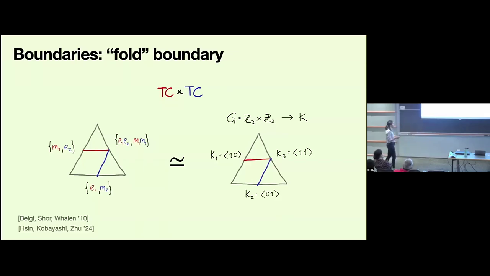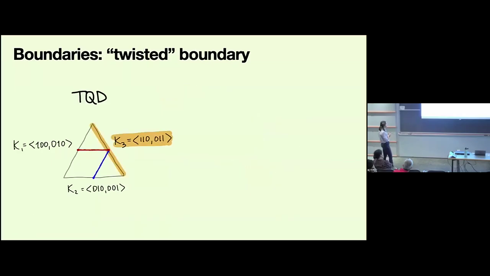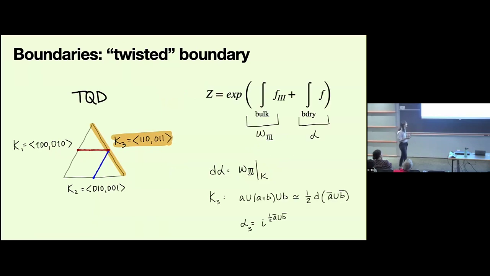So that's one of the boundaries we're going to use. And then in addition, we're going to use a similar boundary for the twisted quantum double. This is the special boundary where we glue any pair of colored strings that meet at that boundary. Because in the twisted quantum double we have a non-trivial bulk action, that also affects the presence of the boundary, and also affects the total action, because we want the action to remain gauge invariant.